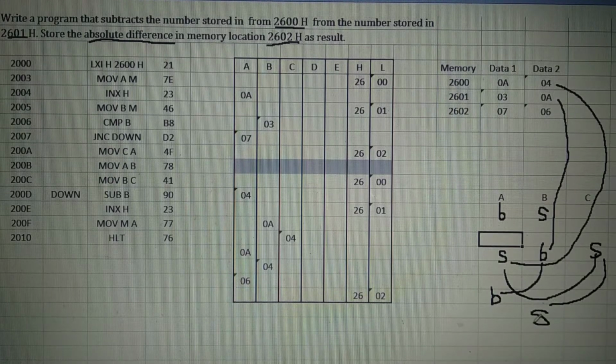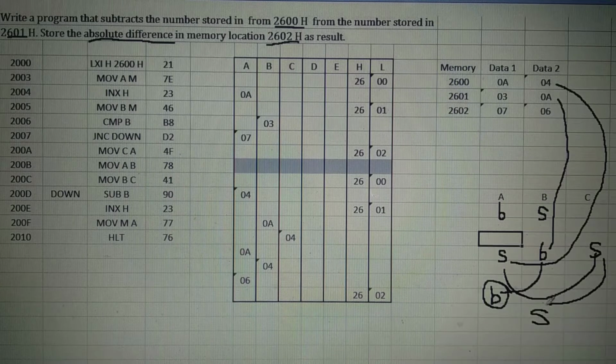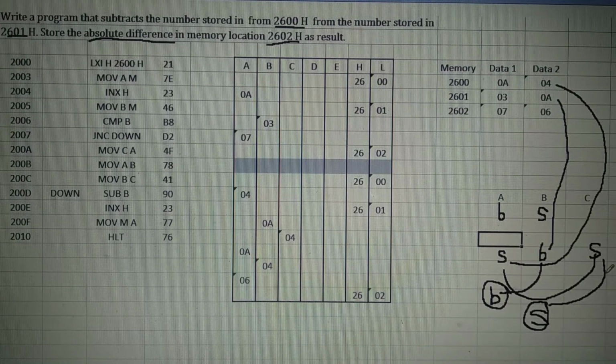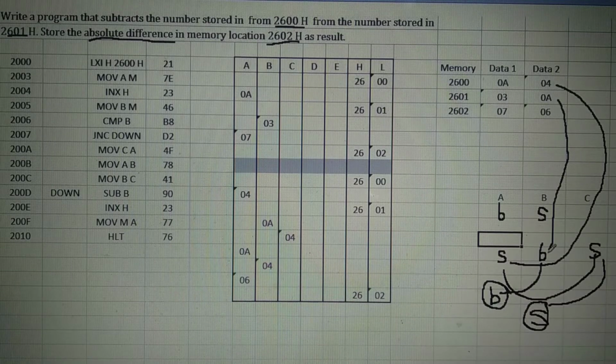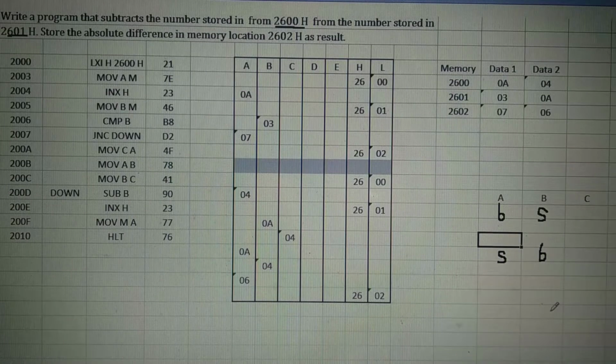That means here in the second case also we brought the bigger number to the accumulator and the smaller number to register B, and we can subtract register B. That means if the bigger number is in the accumulator and the smaller is in register B, directly subtract. But if the reverse is the case, the smaller number is in the accumulator and the bigger number is in register B, swap the numbers and then subtract. This is the logic behind the program. Now, as the logic is clear to you, the program is very easy.